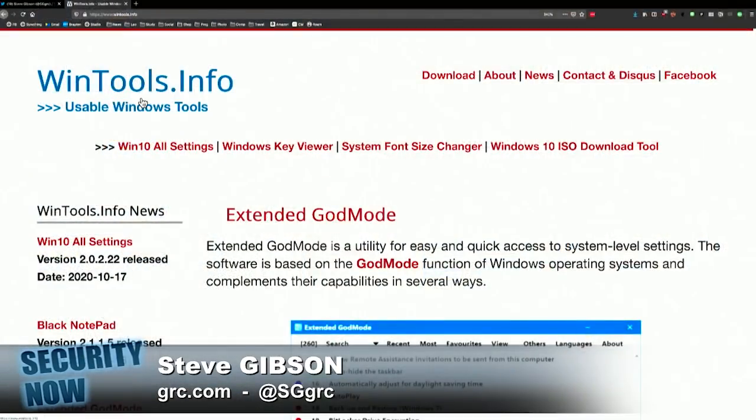I'm very impressed. I don't know how it's taken me so long to stumble over wintools.info, but this guy has written a bunch of nice free/donationware. For his description of his extended God mode, he said, the original God mode contains more than 200 items, depending upon your configuration and operating system version. He says extended God mode, which is his zero installation app, which you just run, complements these functions with the